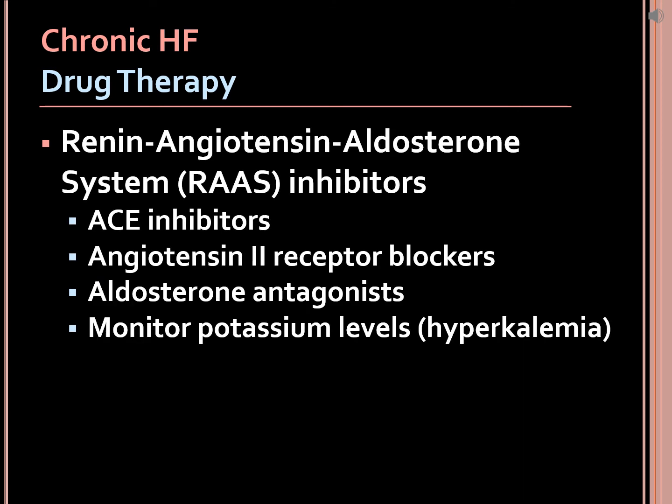Other drug therapy we use, and it's a mainstay of chronic heart failure, so we have them on a diuretic. We also have them on some sort of ACE or ARB or aldosterone antagonists. So overall, they are the RAS system inhibitors. If we think about what is that RAS, well, the renin, angiotensin, aldosterone system is what that stands for, and